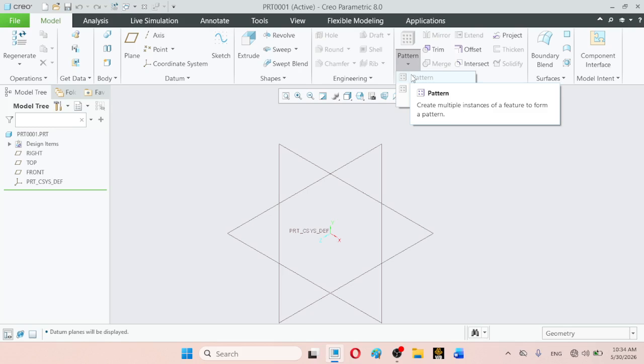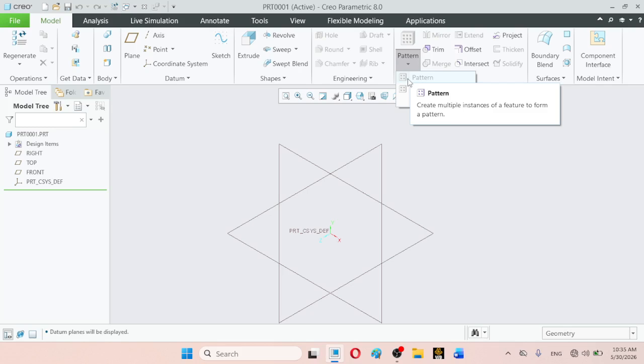The same is true with the pattern command, but this is a three-dimensional feature, meaning any three-dimensional extruded or revolved feature, or any feature created using the 3D commands, will be valid for the pattern command.